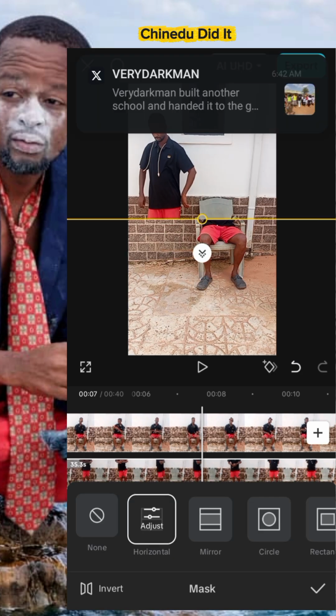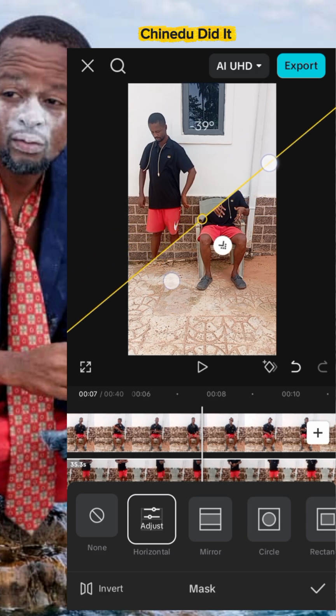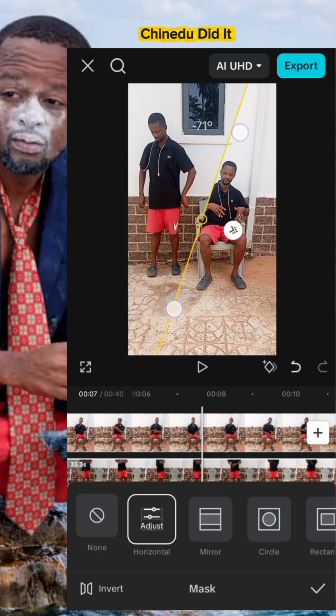So click on this horizontal and you'll see something like this. So you're going to use your hand to turn it around on the screen. So use your hand to turn it around this way, so that when you do it, both of the videos are going to appear. So turn it around and manually arrange it, shift this line to where it will not affect any of the videos. So just put it here,